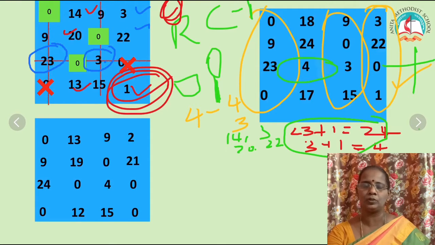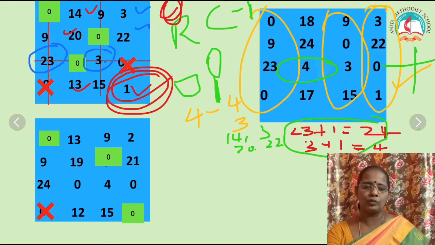will be 0. Now we are going to mark an assignment here. The first row has only 1 zero, so strike out the other 0 in that column. The second row has only 1 zero, so you don't have any zeros in that particular column. In the third row you have 2 zeros, so we cannot make an assignment. In the fourth row you have 1 zero, so you can make an assignment. In that column there is no 0. Check the row as well as the column.